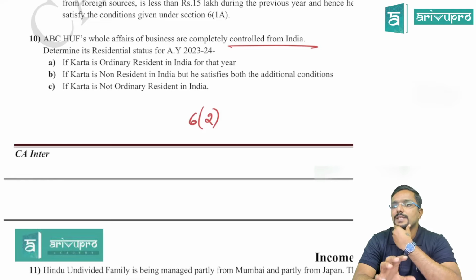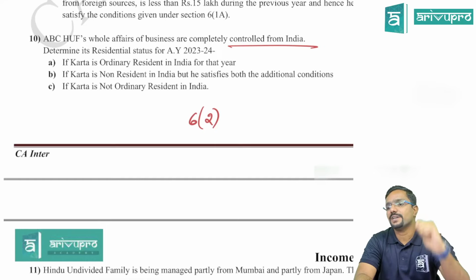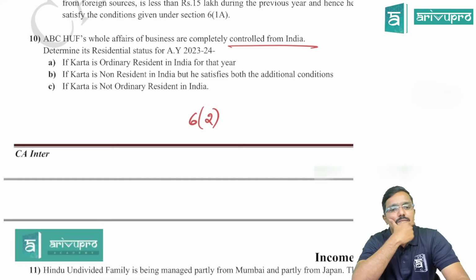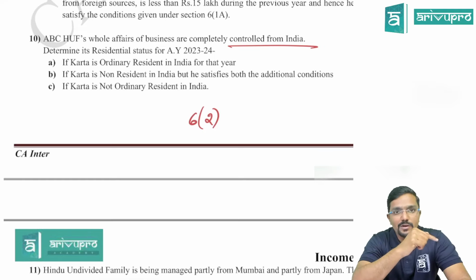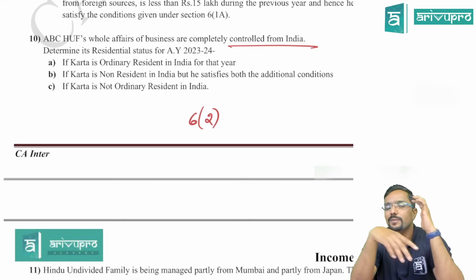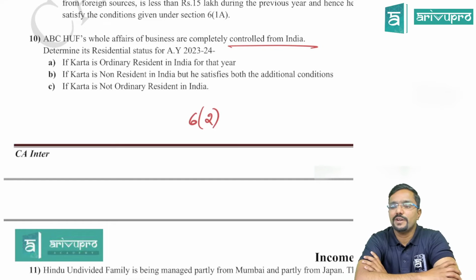Done? See, this is like a common provision for all the three sub-questions. So that is why we have written it on the top. Next, we will start answering one by one. First, A. He has to satisfy both the conditions, then only HF will become ordinary resident. And what I gave below was different. If you don't satisfy any one or both the conditions, then HF will become not ordinary resident. Yeah, take down, guys. Solution for A.